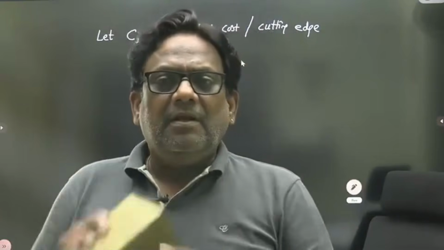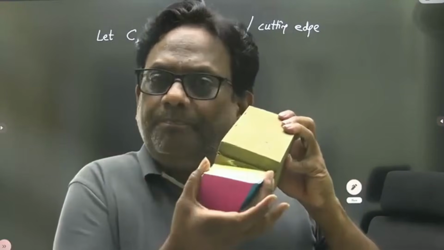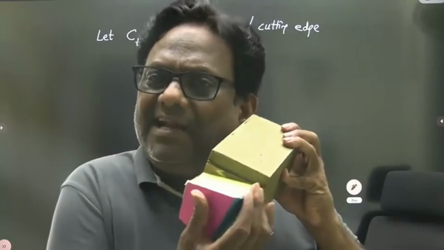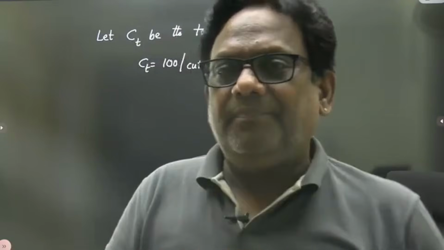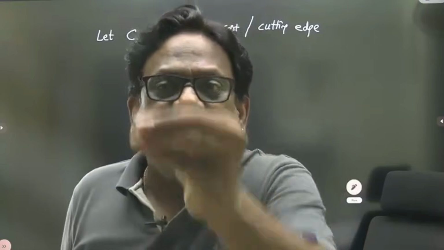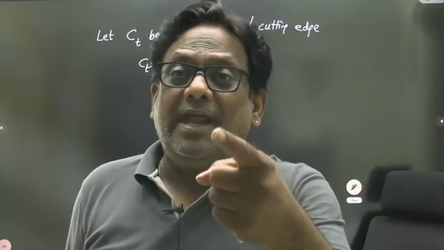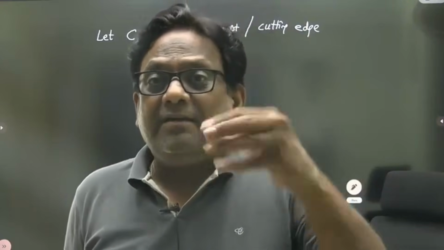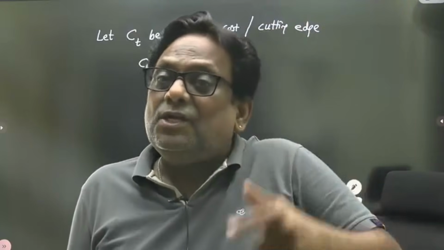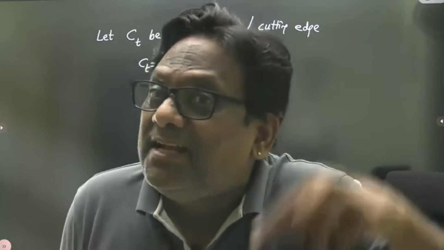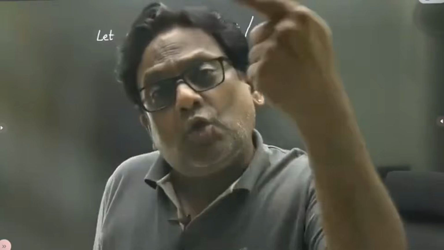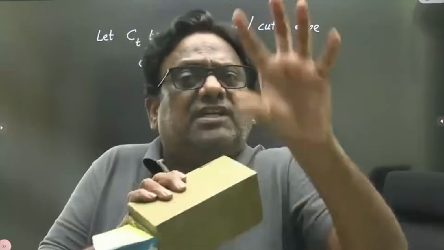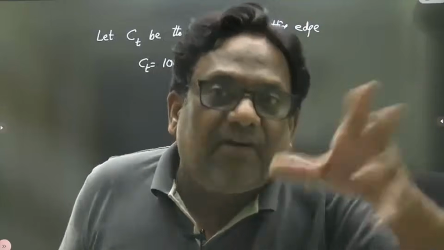For example, to manufacture this tool or to regrind the tool, I took 100 rupees to bring one edge. But with that edge, let us say I am manufacturing 10 pieces, and you have to calculate per piece. So I should write 100 by 10, the number of pieces. That will give me not per cutting edge, that will give me per piece. Grinding cost per piece, I need that. Tool cost per piece: how much tool is consumed in manufacturing one piece, I need that, sir.